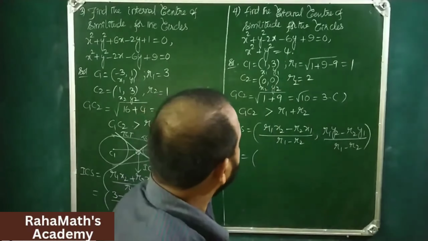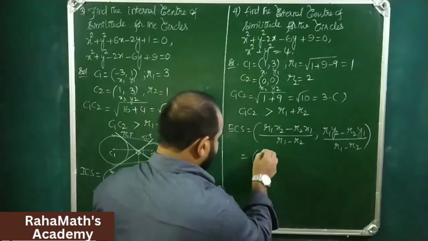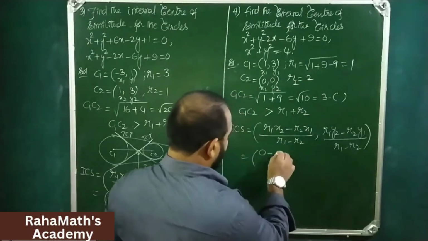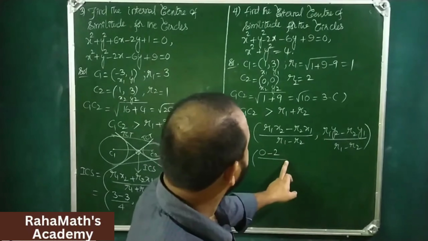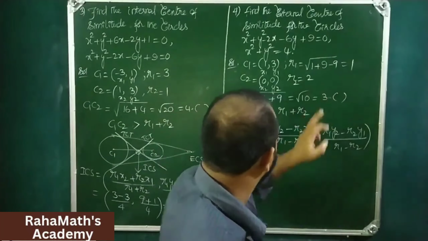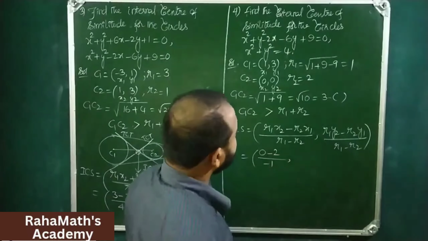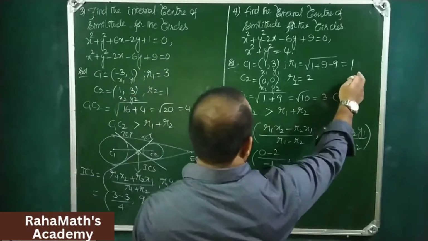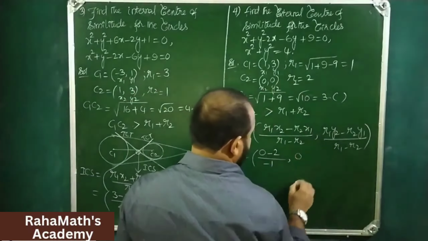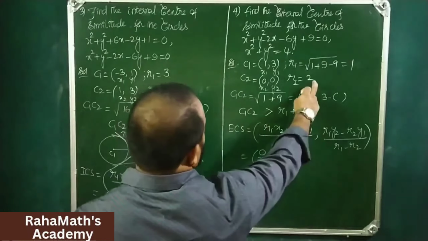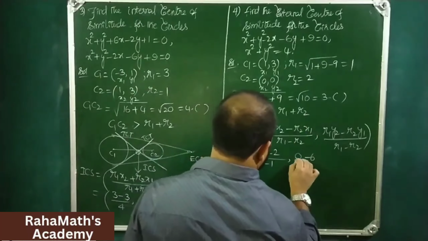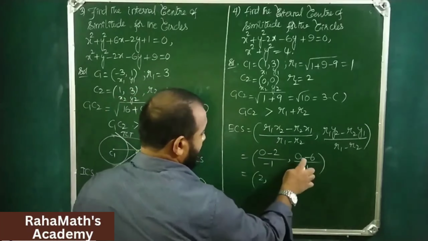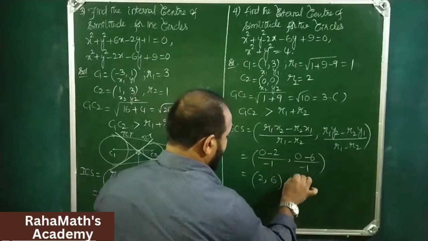So 1 into 0 minus R2 x1, 2 into 1, by R1 minus R2, that is 1 minus 2, minus 1. Then 1 into 0 minus R2 y1, 2 into 3, 6, by minus 1. So minus 2 by minus 1 is 2, minus 6 by minus 1 is 6. Therefore, this is the